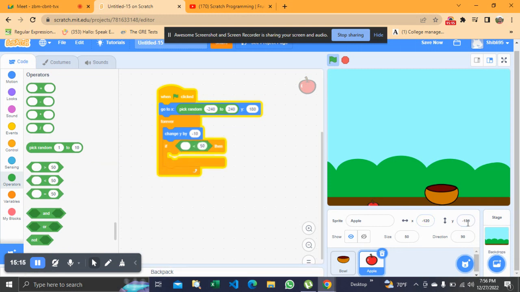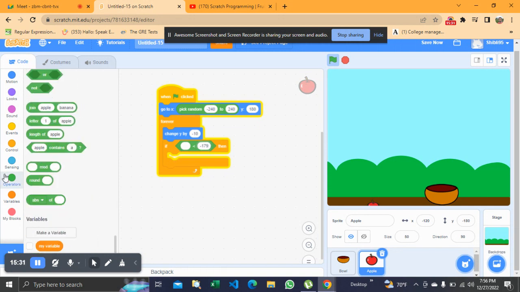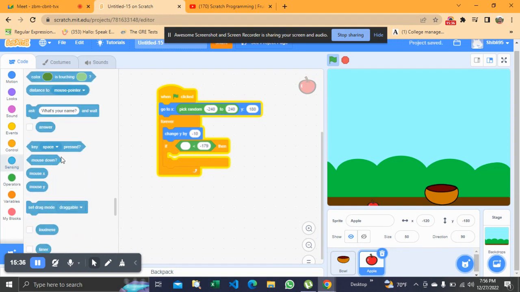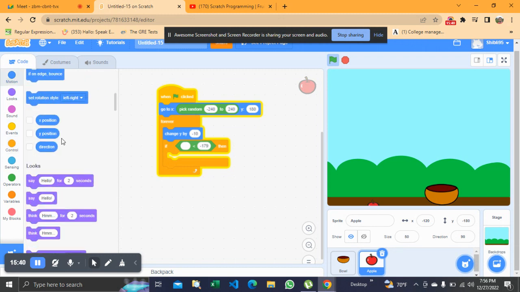Here the value is showing minus 180, so we will set it to minus 179, and here we will set the y position. Sensing maybe, good options. X position or y position. Just wait. Yeah, you set the y position, and when the y position is less than minus 179,